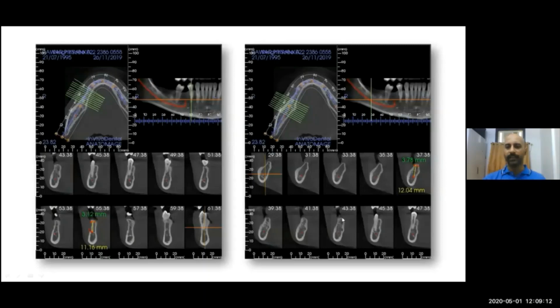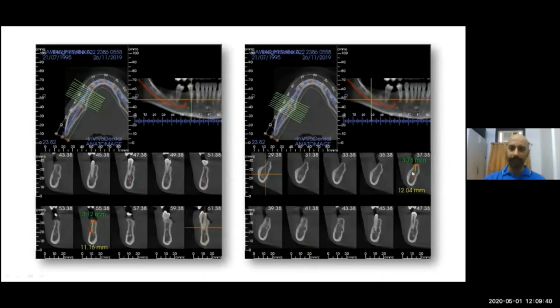And as we can see, the trabecular pattern also seems to be fairly regular, and only distal to this area, it starts becoming a bit sparse. The buccal cortex also then starts falling in towards the lingual cortex. And we can see there is this thickening here. This is called the buccal shelf area, and this is a part of the external oblique ridge which is seen. And that's how there is this cortical thickening noted here. So this is the area that we are now going to look at to go about fabricating a guide or